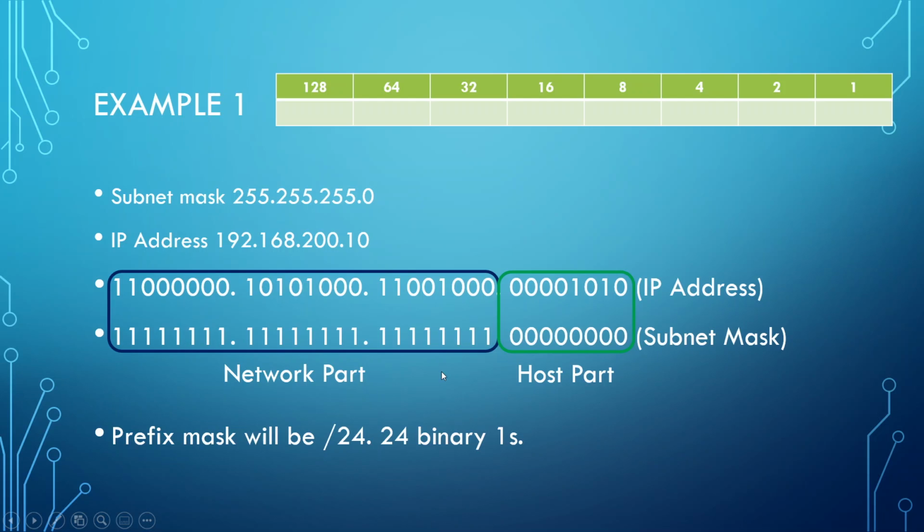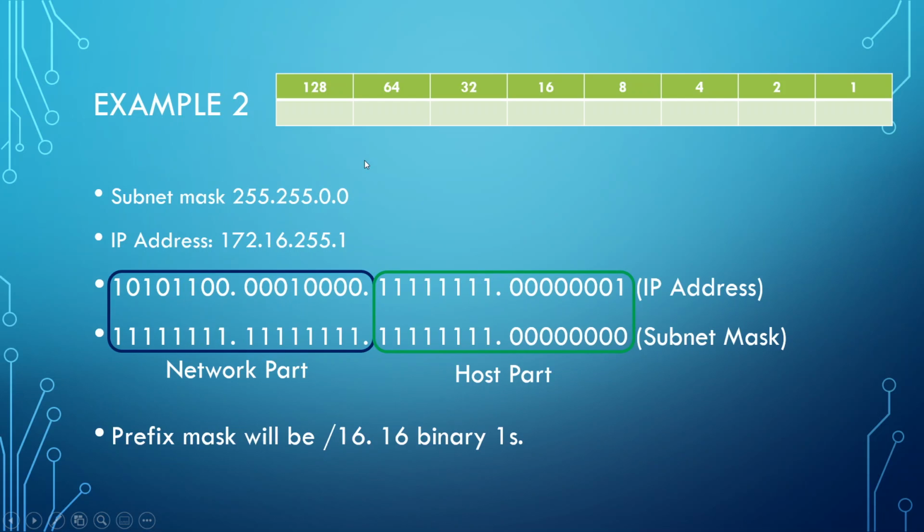Moving on to example 2, imagine that in our network, we configured a host with the IP address 172.16.255.1 with a subnet mask of 255.255.0.0. Now, if we were to break each octet into its binary equivalent, 255 is made up of 8 ones, 255 is made up of all 8 ones,